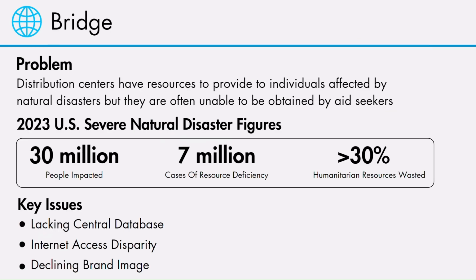So currently, there exists a huge problem in the emergency relief industry because resource distribution centers have essential items to provide to individuals affected by natural disasters, but these people are often unable to obtain those resources. In fact, there were over 7 million cases of resource deficiency in the US in 2024, and in many regions over 30% of resources in distribution centers were unused as products like food items expired. This unfortunately leads to a worsening image of organizations like FEMA, and the main issue is that people don't know